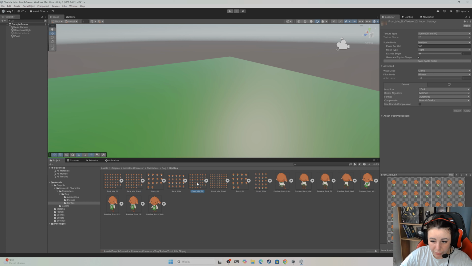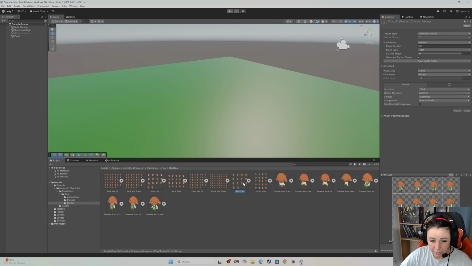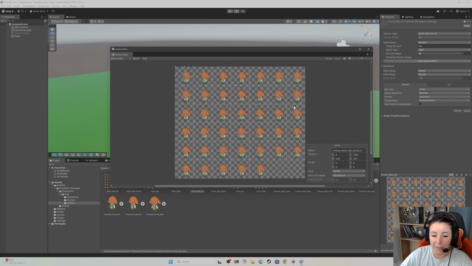Which one would I like to choose? Let's choose this front idle sit. And on the right side, in the inspector, the texture type should be Sprite 2D and UI. Sprite mode should be Multiple. And let's open our sprite editor to cut our